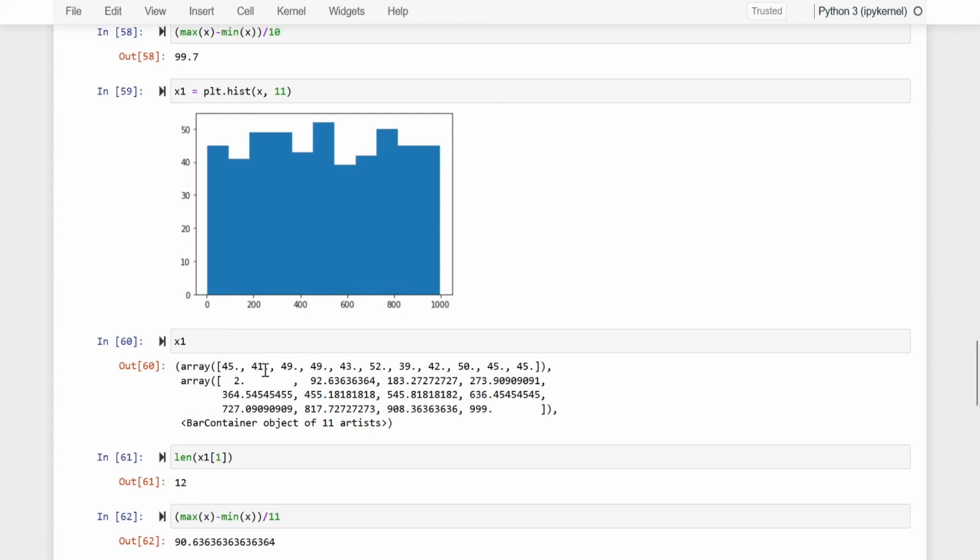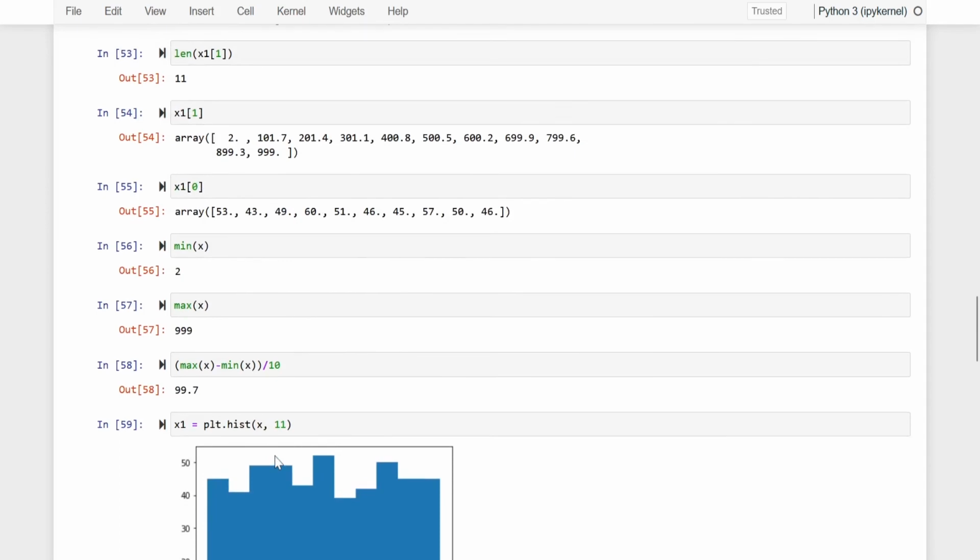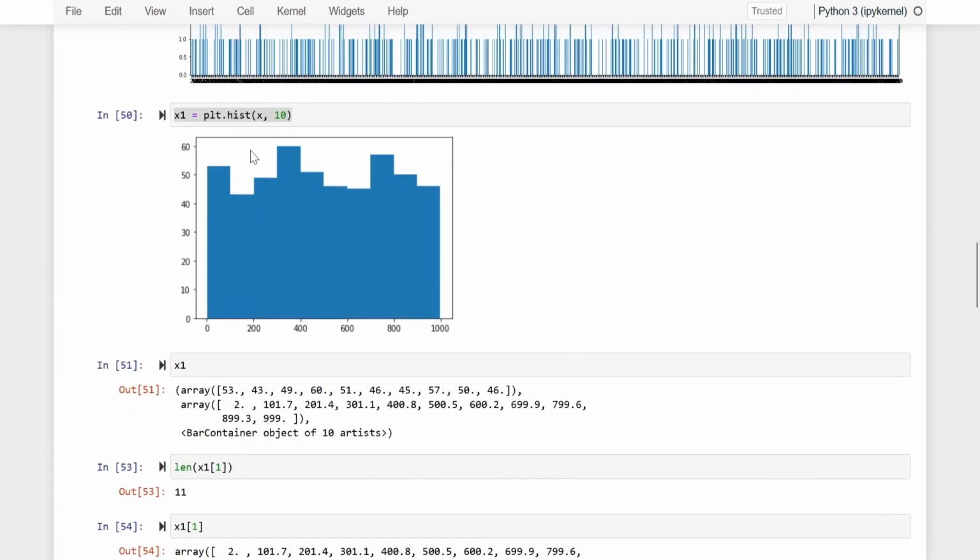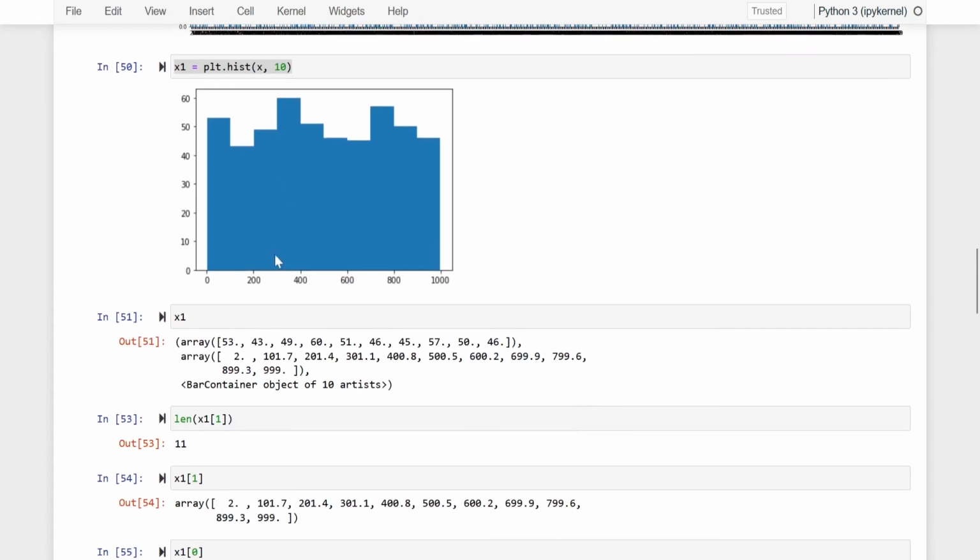41. Of course, there will be some adjustment of greater than, equal to, or less than equal to signs that we will certainly discuss when we see how this histogram can be created by us, rather than generating it through this plt.hist. We will create our own bins through custom coding, and we will count and we will generate like this. So basically, we will try to understand the logic behind